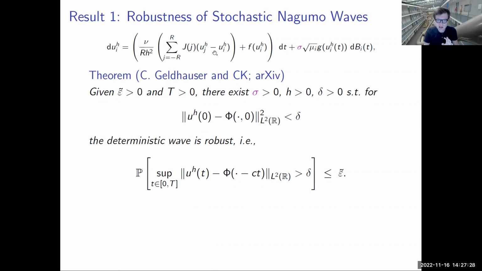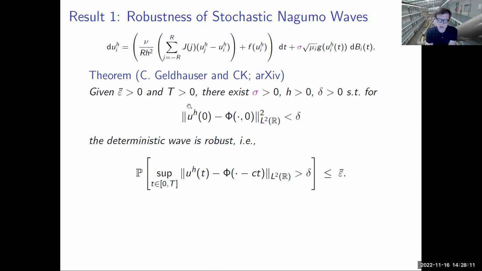So think of this guy here as the normal Laplacian, but we also proved the result that allows for the discretization of the Laplacian, which in neuroscience is sometimes necessary because there are these myelin coating pieces that you have along an axon when you do the Nagumo and FitzHugh-Nagumo equations, that you sometimes want a discretized version of the equations. But for understanding purposes, you could also say that this is the normal Laplacian. And then there's the bistable nonlinearity, and then there's a noise term that satisfies sufficient regularity and boundedness conditions. And then you can show that everything is well-posed on the basic robust level. What does this theorem say, with Carina Geldhauser?